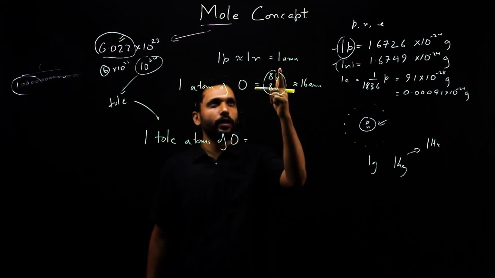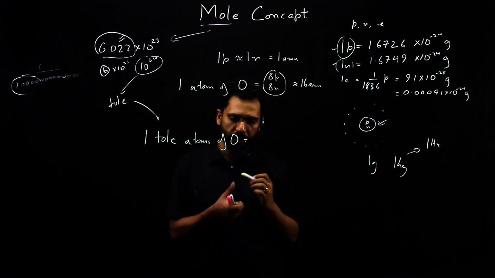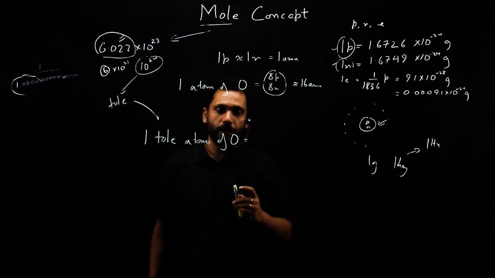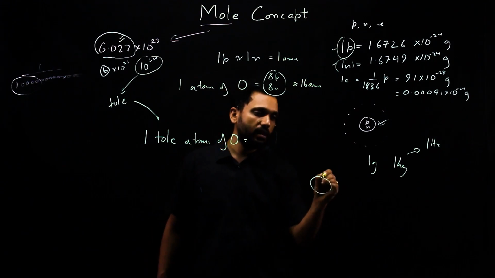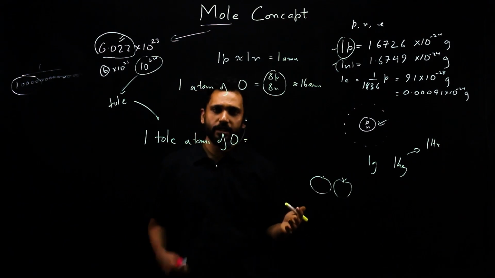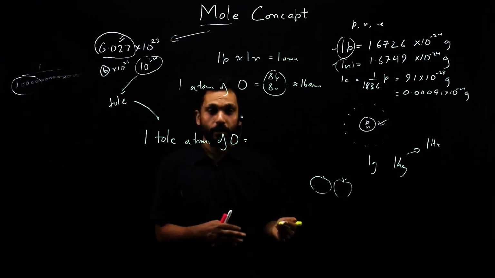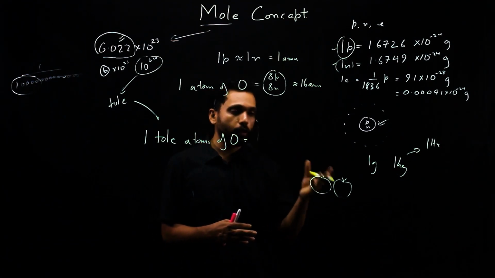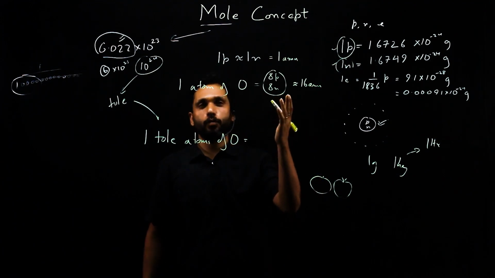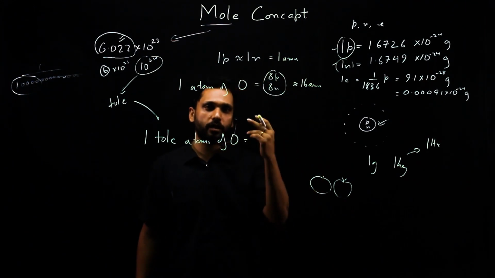Now this AMU unit is not giving you the actual mass at all. It is just counting the thing. It is something like I go to a fruit vendor who is selling oranges and apples, and say orange weight and apple weight are almost the same, and I collect, say, 7 oranges and ask him what's the weight of this. He says 7 orange weight. If I collect 4 apples, he says 4 apple weight. That doesn't make sense. 4 protons is 4 protonic weight, 4 neutrons is 4 neutronic weight. Neutrons and protons are the same weight, so it's, say, called a fruit weight.